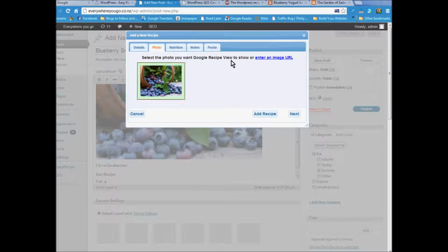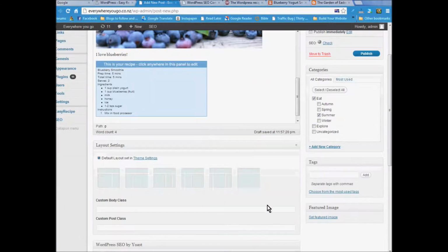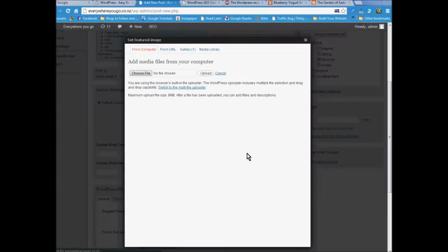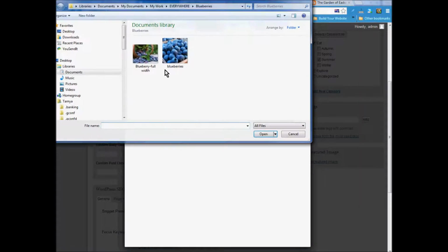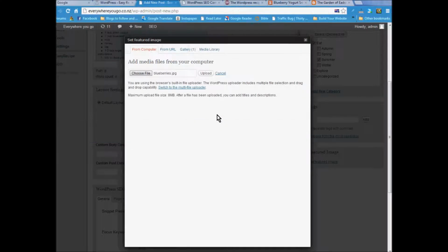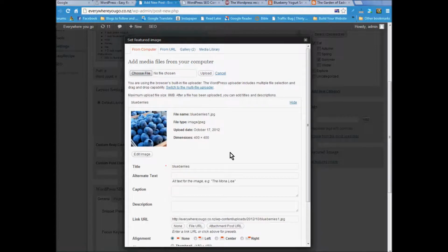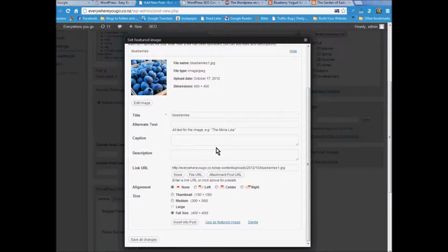And then you've got select the photo you want Google Recipe View to show, so we can have that, or we can add another one. So I'm just going to add the recipe. What I'm going to do is set the featured image to be a nice square image for the portfolio pages. They're little square images, so I'm going to resize it and get it nice and square already, so that it's not done automatically and it selects the part of the photo I don't like. So I'm going to use that as